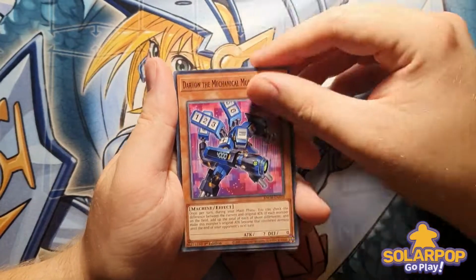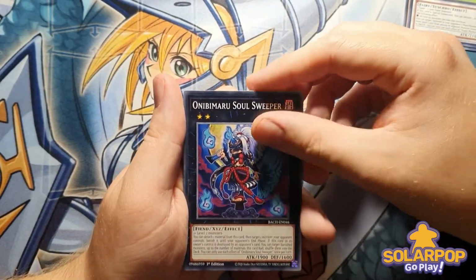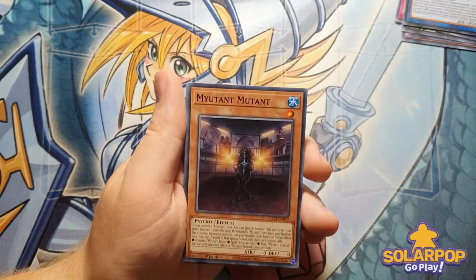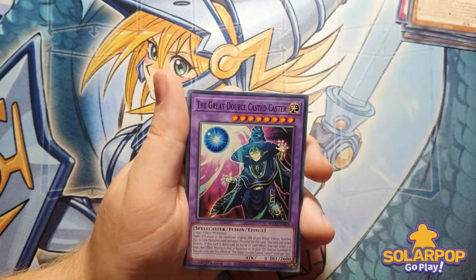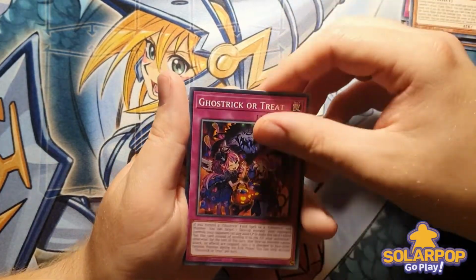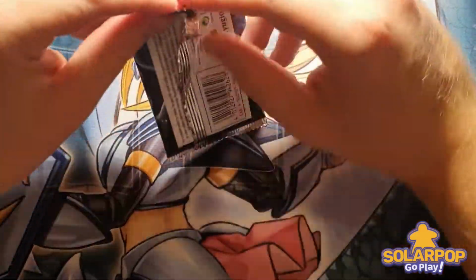Next pack: Daraton, Maple Maiden, Omnibimura Soul Sweeper, Dinomorphia Alert, and then we've got our second Dark Charmer, our second Mutant. Robbie will be happy. The Great Double Casted Caster, Smoke Mosquito, and Ghost Trick or Treat. That was a pretty good pack for commons and